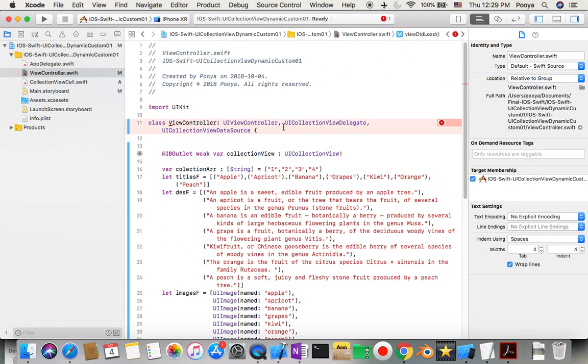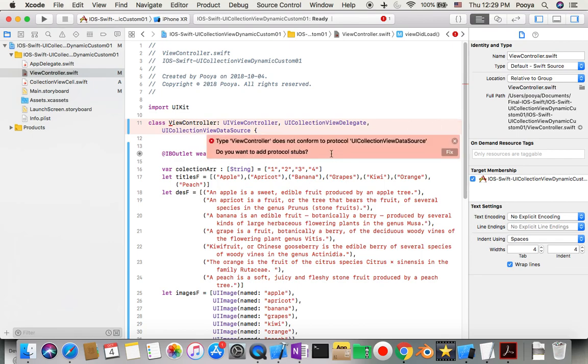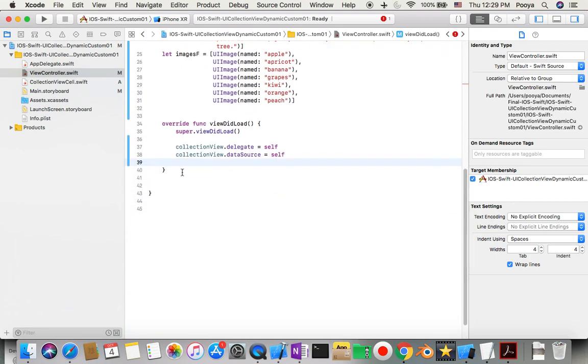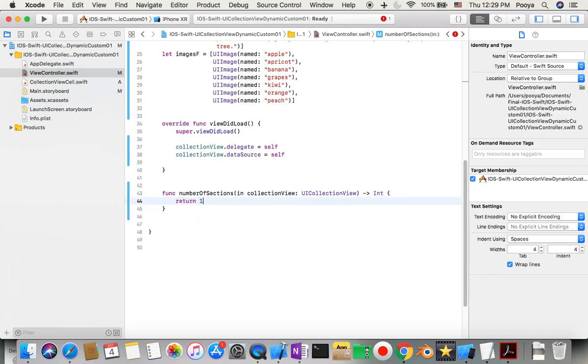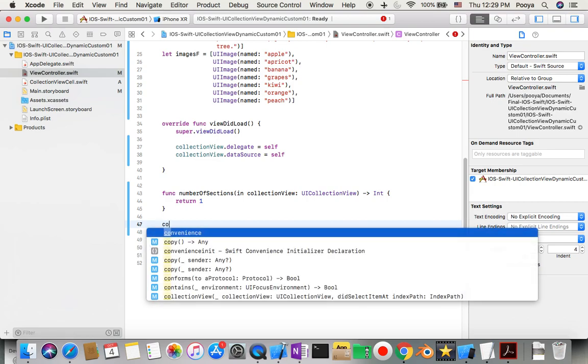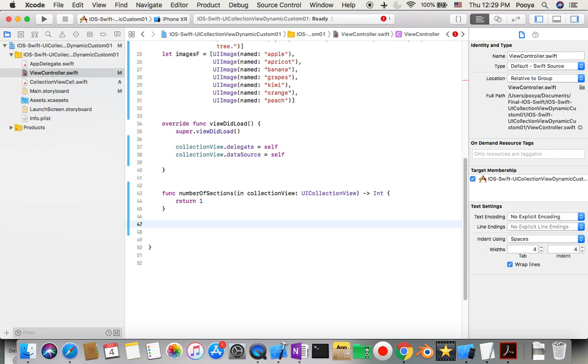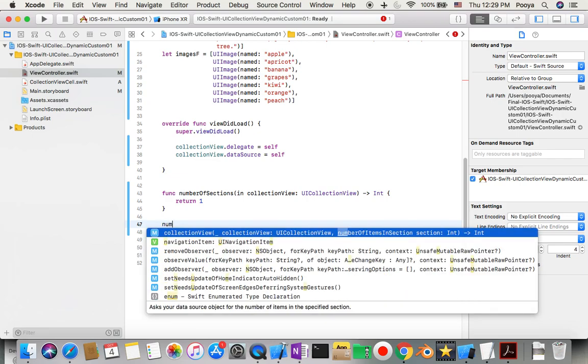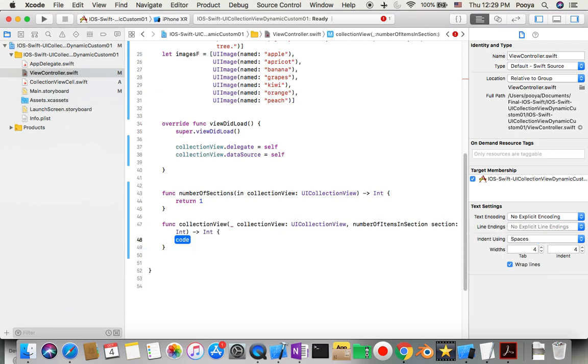Okay, so now I add these two, but it tells me it needs to conform, which means I need to add some functions here. What are those functions going to be? The first one will be number of sections, so I just say number of sections 1. It could be more, but for now we will go with 1 to keep it simple. The other one will be number of items in section. So in any section, how many items you want to put there, I just say